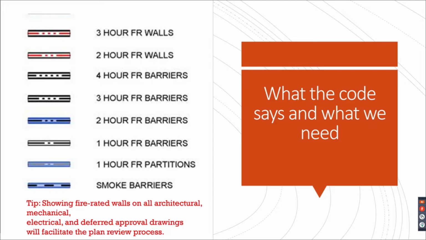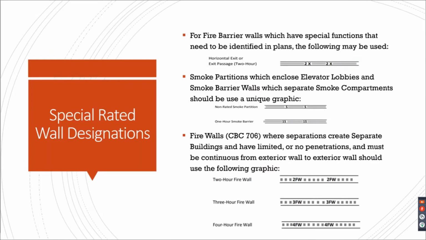Please label the walls, their proper names, what they are, indicate their ratings. For example, again, these are just examples, and some of this may look familiar to you from the Tips from the Experts webinar from ages ago, but label it. You don't have to do it this way, but clearly label what the wall is, and then what's the rating. And the first example is for fire barriers